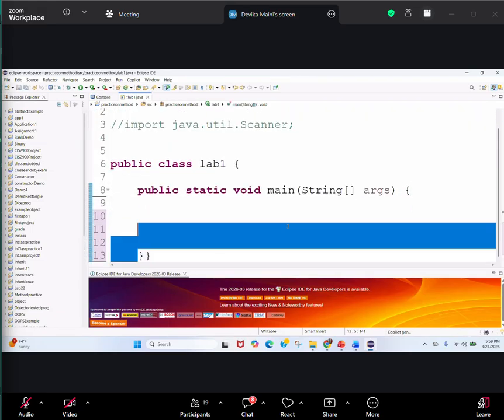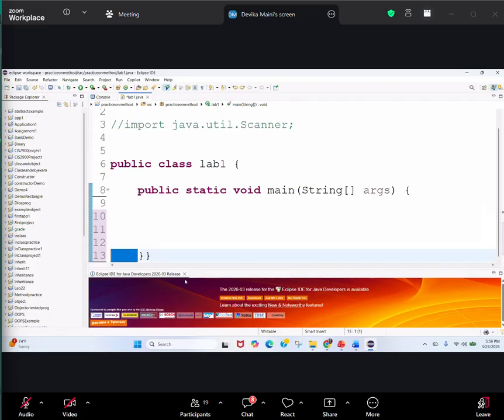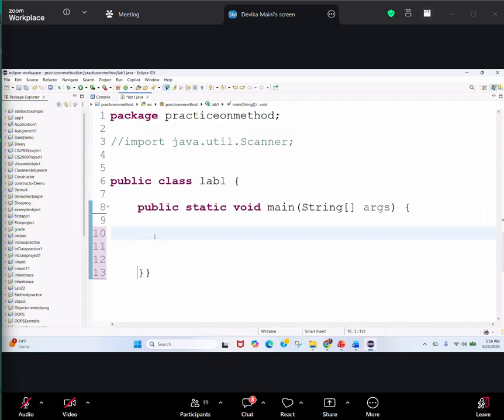So let's go step by step. The first step is how to declare an array. We'll go step by step: declare and initialize an array. So I can write int square bracket num